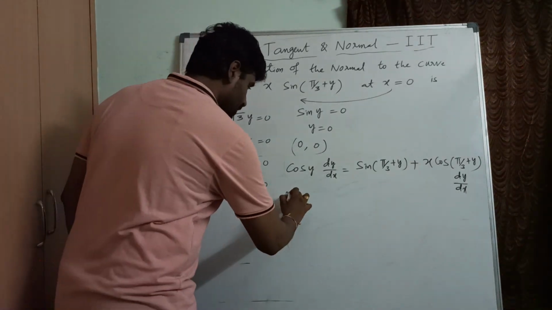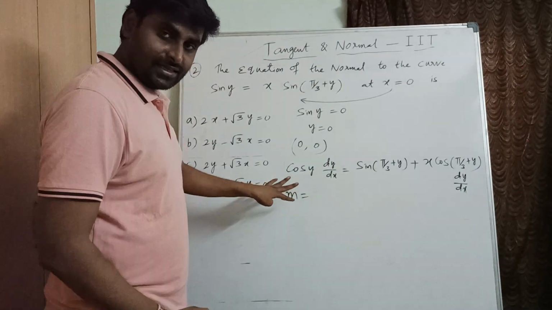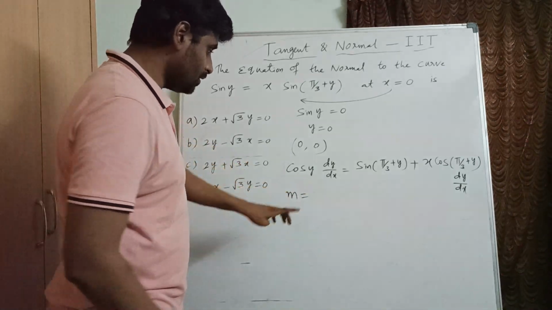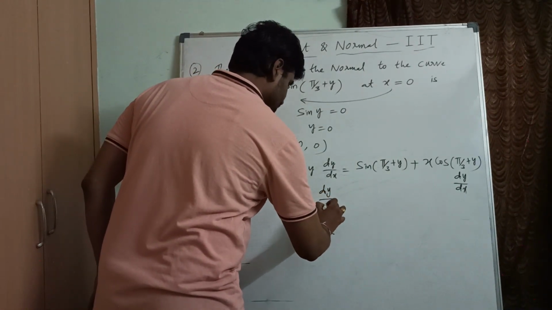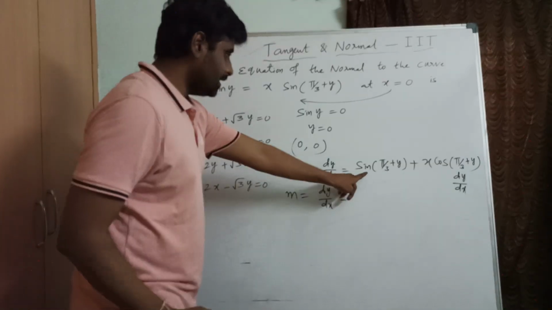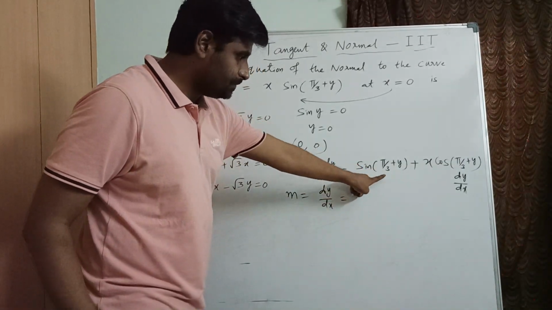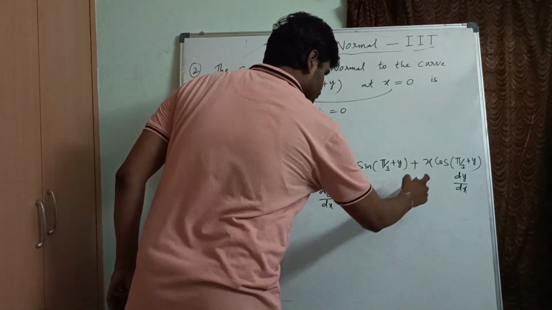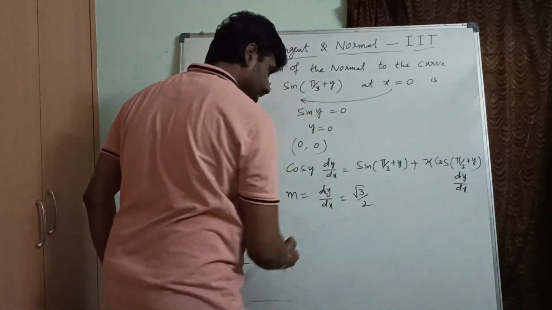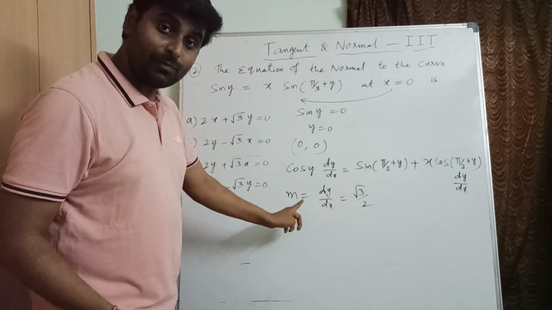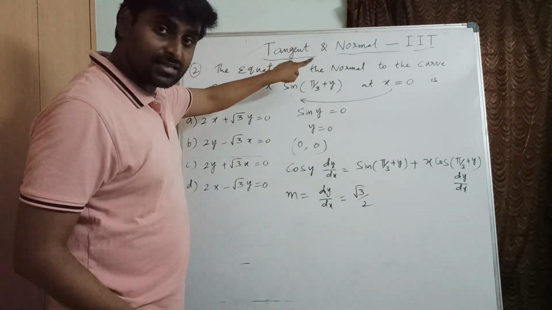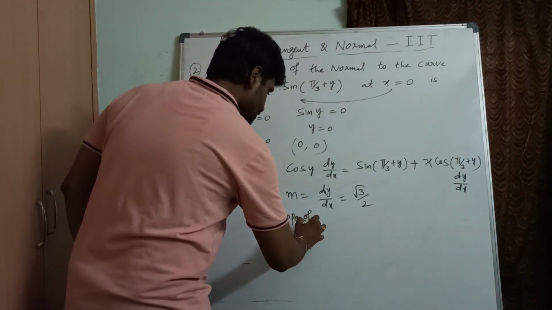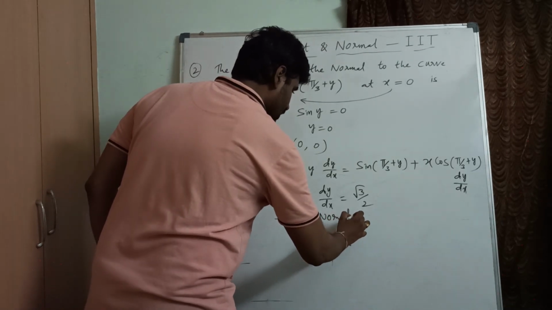So how can we find the slope? Right? The slope of the tangent, how can we find it? Just by substituting the point. Put 0 there. Cos 0 is 1. So 1 into dy by dx. Correct? So now here sin of pi by 3 plus 0, sin pi by 3, sin 60. What do you get? Root 3 by 2. Here the x value is 0, and everything is 0 here. So what do you get? Slope root 3 by 2. What is this? The slope of the tangent. But what do you need? The equation of the normal. Then what is the slope of the normal here? So the slope of the normal will be minus 2 by root 3.